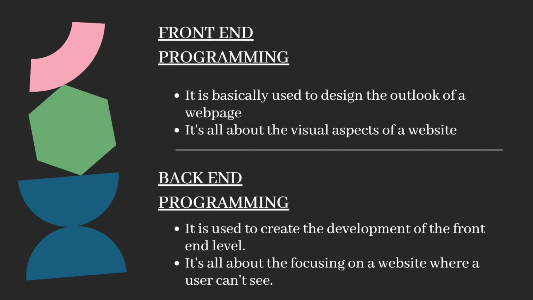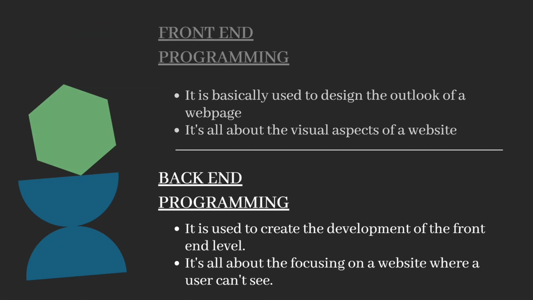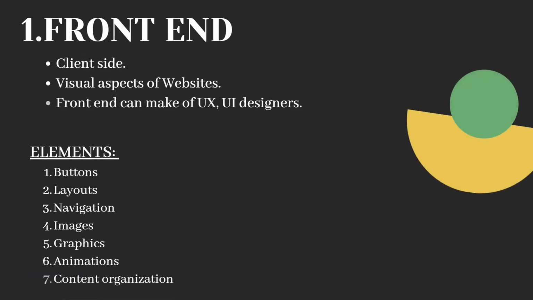So, web development is of two types. One is front-end programming and the second one is back-end programming. Front-end is used to design the outlook, whereas back-end is used to develop that particular design. Here, coming to the front-end, the developer uses UX and UI designs in order to develop a page. Now, you may have a doubt about what these designs are. In simple words, we can say that the developers focus on the features of the website that can be seen